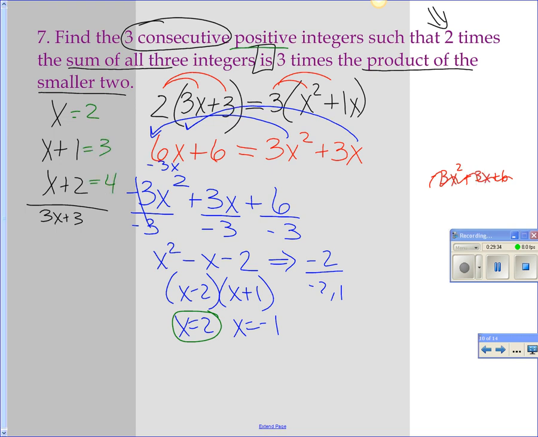So x equals 2, x equals 3, x equals 4. What does it say to find? What does it say to find? The 3, so it wants all of them. 2, 3, and 4. Okay,